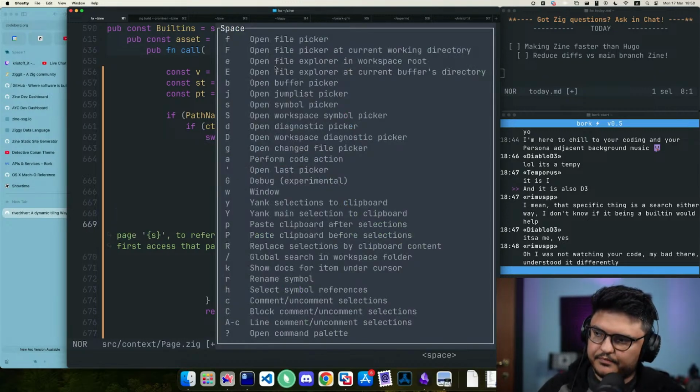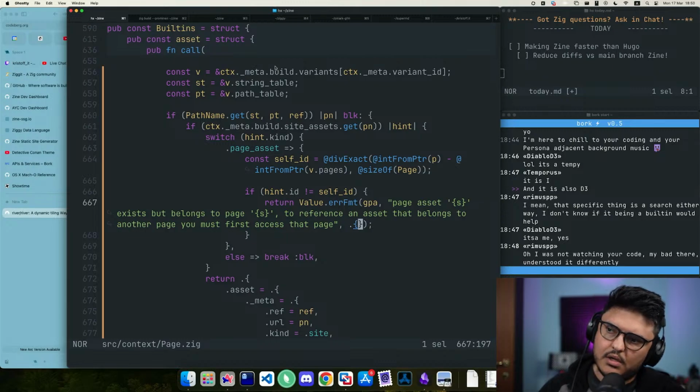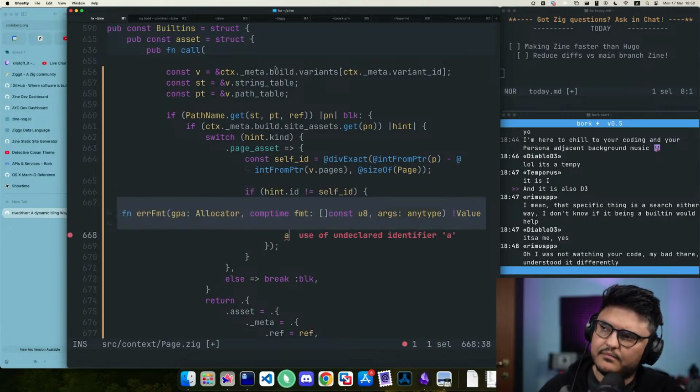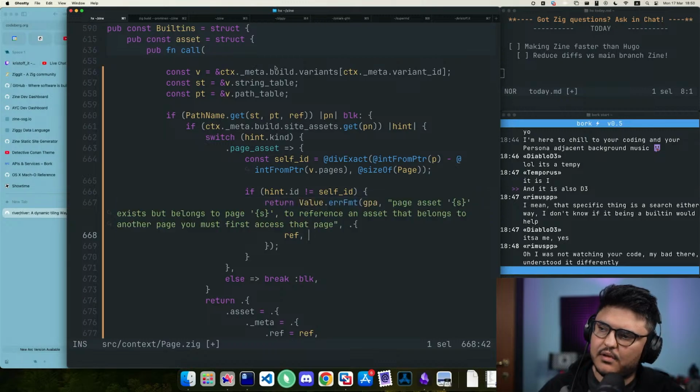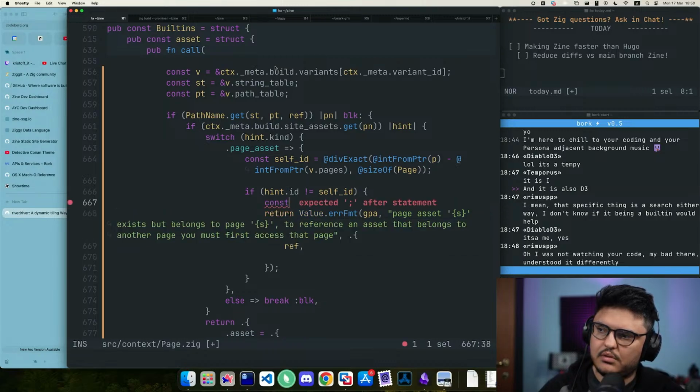Okay, so now this thing needs arguments, a ton of them. Well, 2, but they're going to be annoying to make. So what's the page asset? I guess I can just use the ref. I'm going to use ref. As for the other page, I'm going to do other page PN. And it's going to be